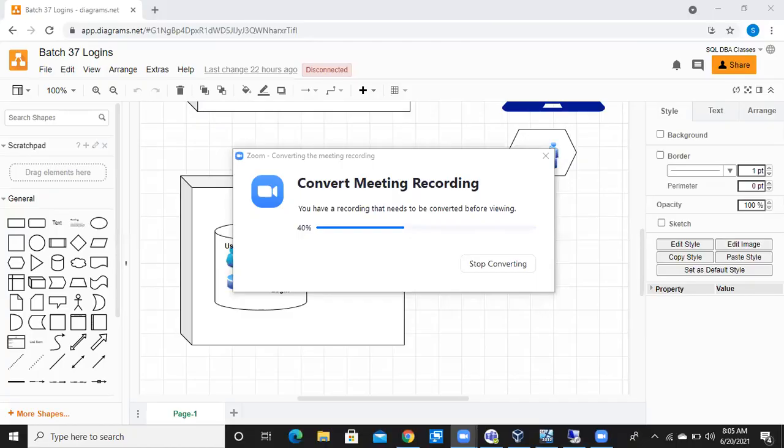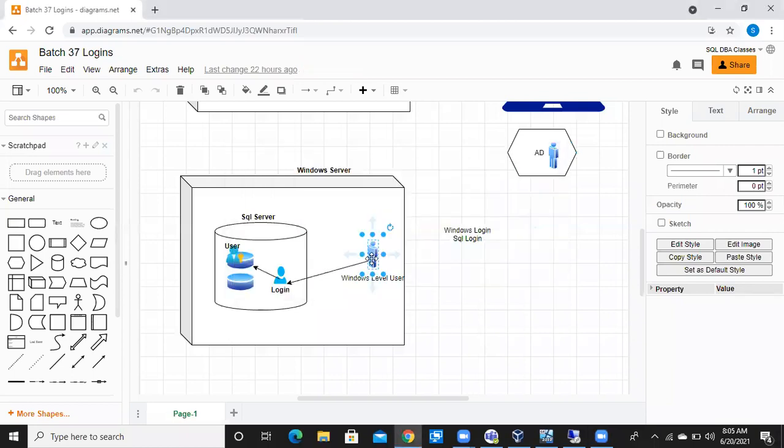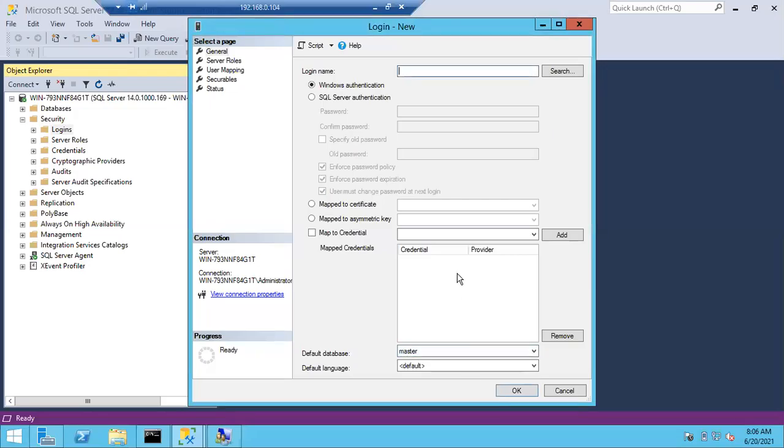Okay, fine. So now I just created a Windows user, right? I just created this one, completed this one. Later, once I configure Active Directory, I'll tell you again how to create a Windows user. But don't worry, this work will be done by the Windows team. So nothing to worry about here. Now go to the server. I want to create a Windows login for this Windows user.